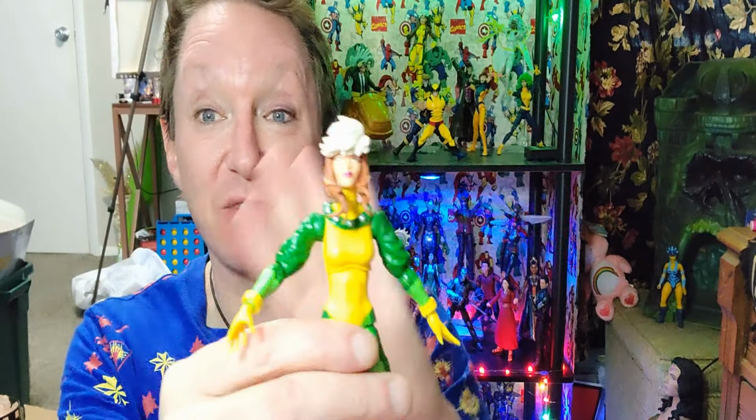The first line basically stayed true to the comics, but as far as body parts, accessories, that kind of thing, they were still pretty basic. There wasn't anything really special or stylized about them. They were just like standard Marvel Legends figures. So we get a little bit of a pivot to the head on Rogue,